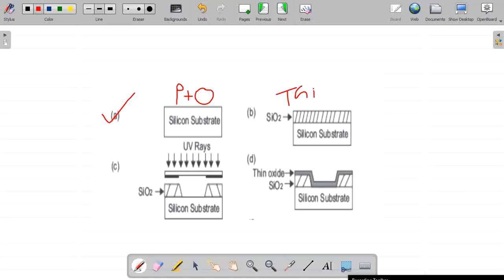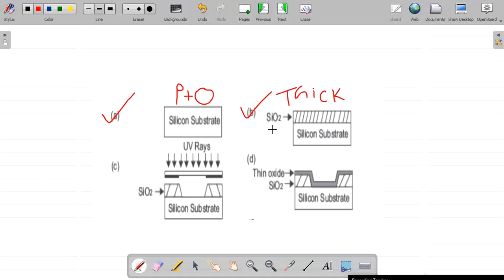Remember carefully, it's thick. These notations are very important. First one, p type plus oxidation. In the second step, on the substrate take this thick SiO2 layer. So in the second step this thick SiO2 layer is also finished.